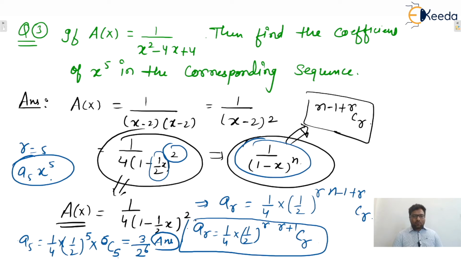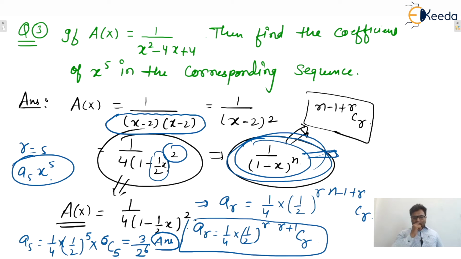I hope this one is clear to everyone. So guys, remember, when both factors are the same, then a whole square will be there. Then we make it in this standard format. That is one known standard generating function. So whatever generating function is obtained, apply properties and accordingly see what the sequence will be. I hope this one is clear to everyone.